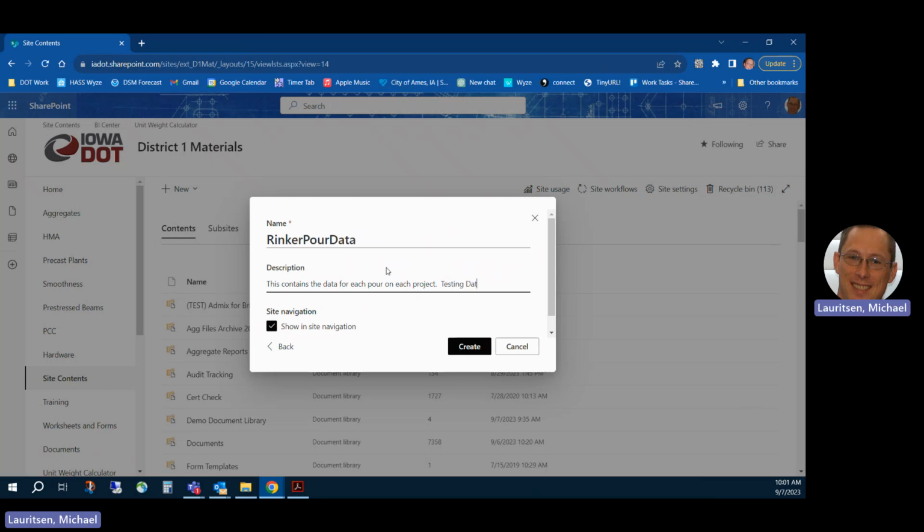Testing data. Well, and what were those first columns? Temperature, hydration, data. This is just so somebody else coming in here can try and figure out what this is for. Oh, I should also say this is used in Power App